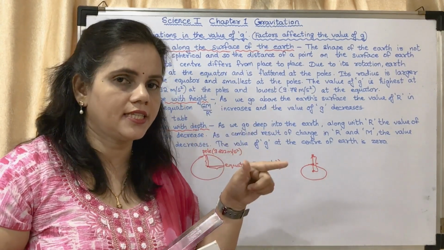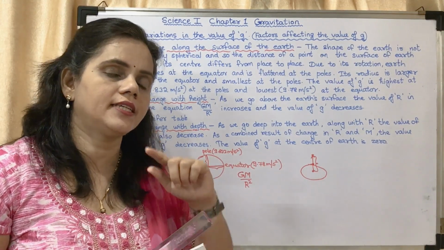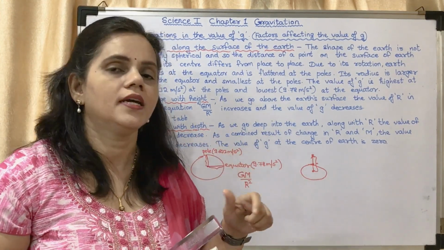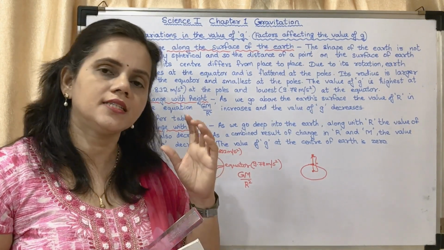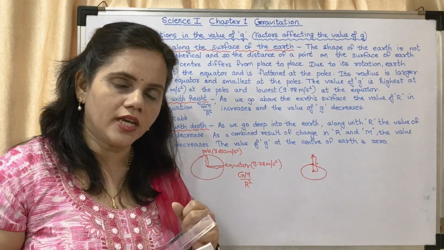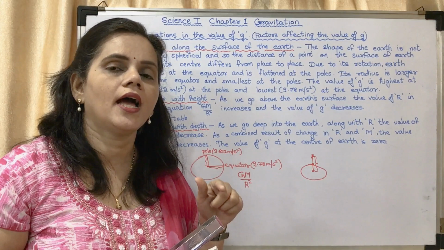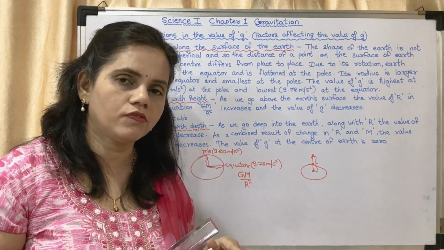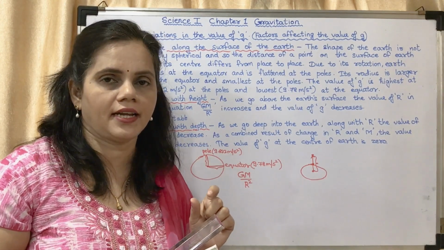So the velocity, this we had studied in the last lecture. That means the artificial satellites are moving around the earth. Even though there is a force of attraction between the two, the earth is attracting it towards itself. But why doesn't it fall? It doesn't fall because of its velocity. It is moving at that speed, and due to that velocity it does not fall. But it is under a force of attraction.